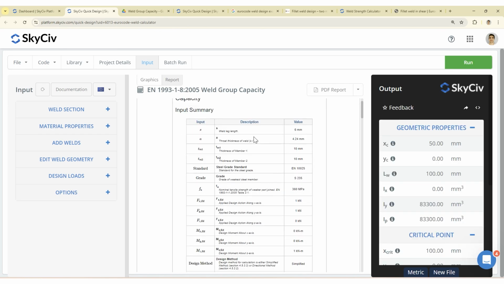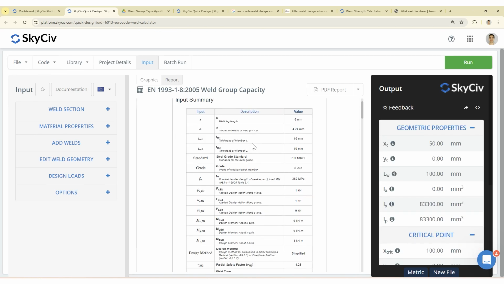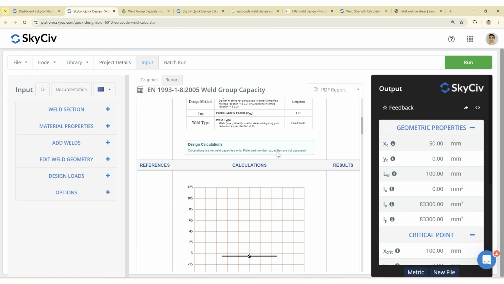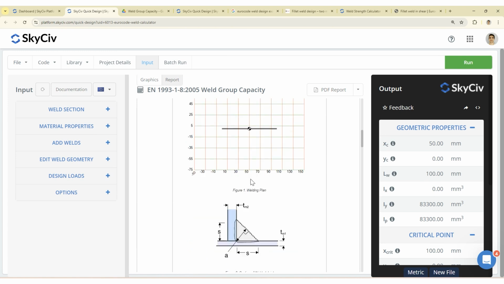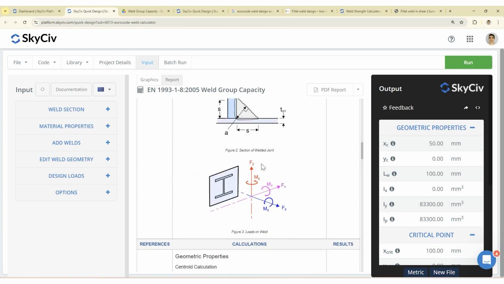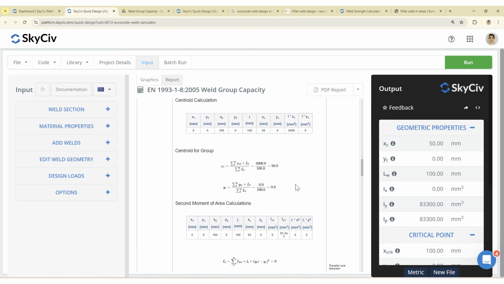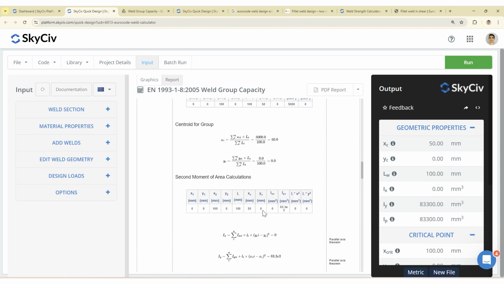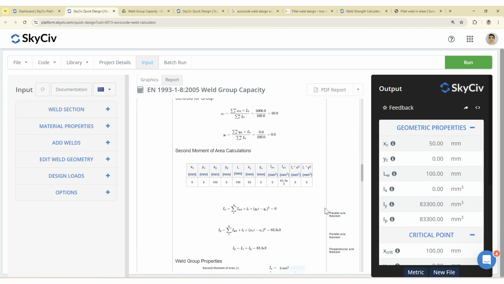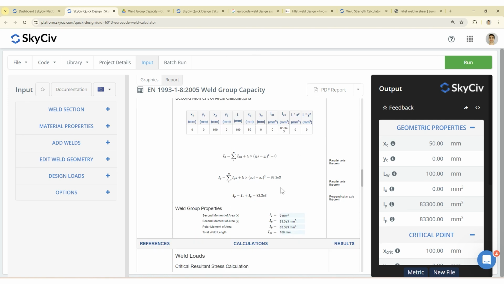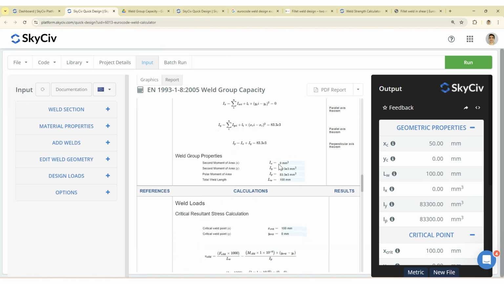So here we can see the design report. We have all the inputs summarized at the top of the report, a drawing of what our weld looks like here, and finally we start our calculation. So the first calculation is for the centroid of the weld group. And then we're going to also calculate the second moment of area for that weld group. And that's because we're going to need the second moment of area to resolve moments into shear forces on the weld group, which is what we'll compare when we're checking if the weld has sufficient strength to meet the requirements